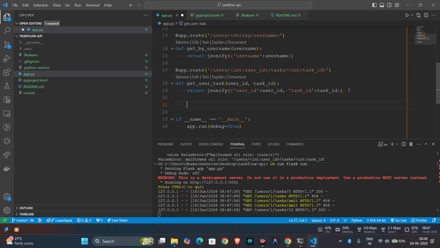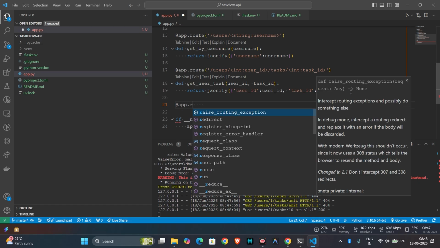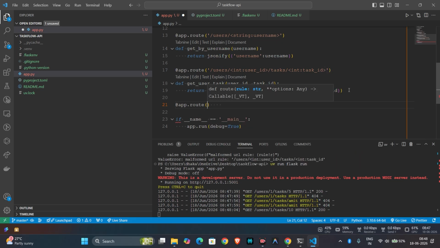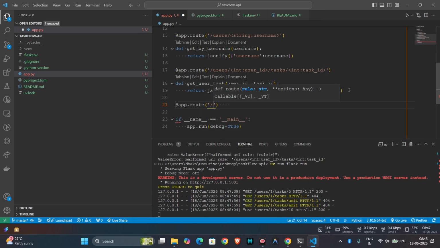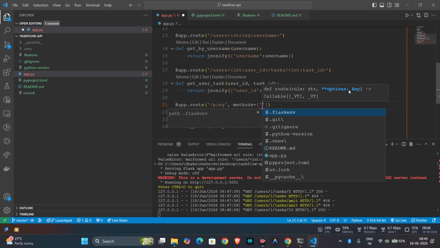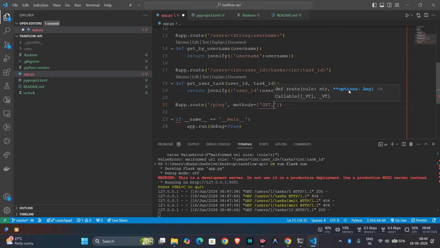So what is multi method is, like if I give here app dot route, okay, I will give here ping, and we need to use the keyword methods, and we need to use an array,